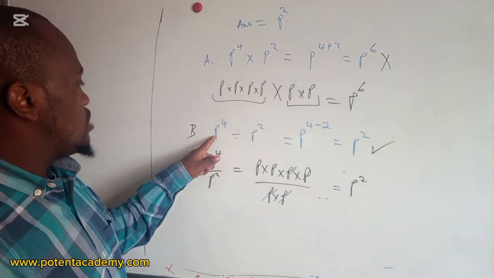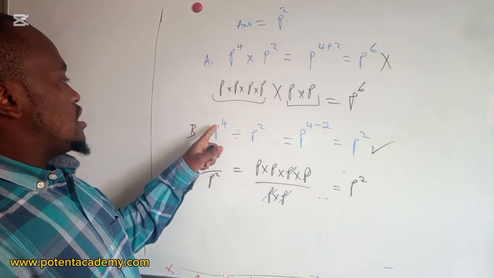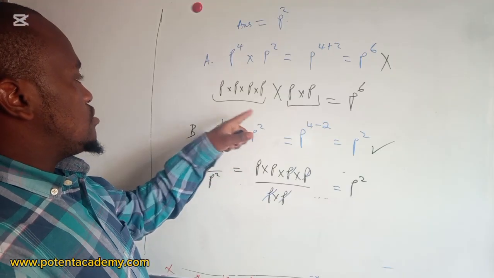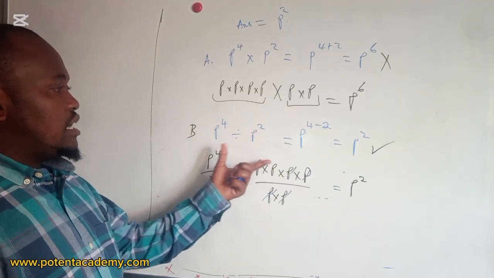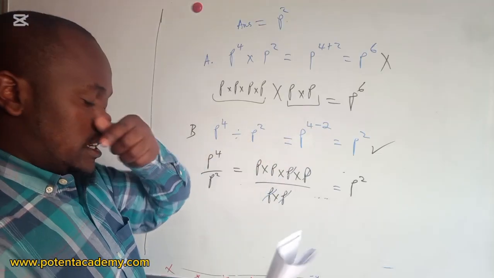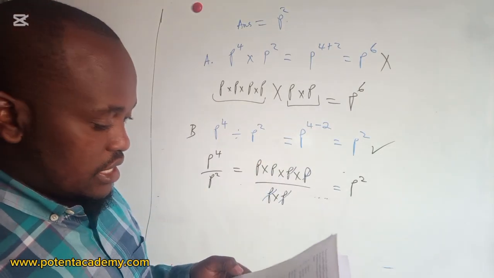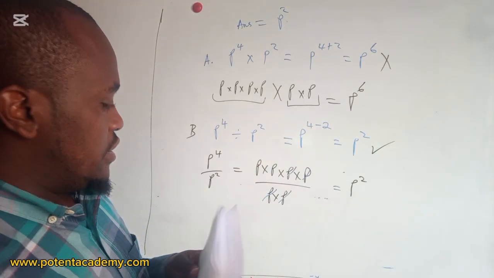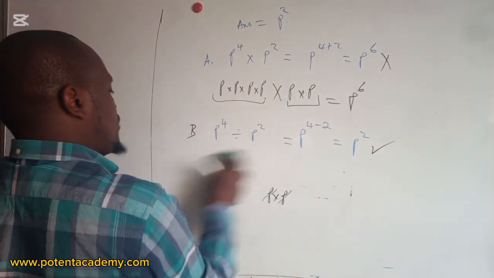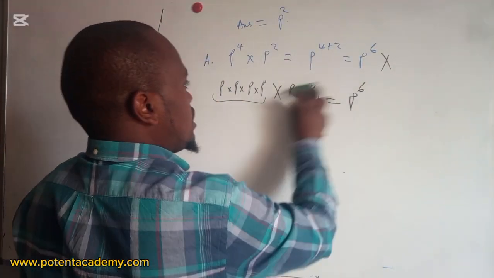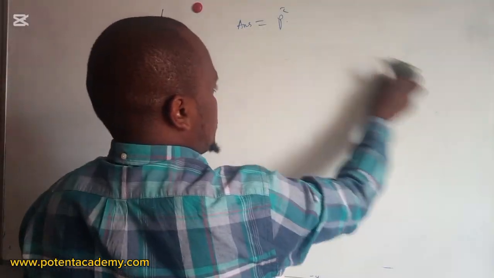You can put 2 here or 3. 3 raised to 4 divided by 3 raised to 2. Expand, naturally divide, and then you can also do it this way and you find the answer is the same. See, we want to disprove all the other answers. So already we have gotten our answer, but we need to check whether there is any other option that